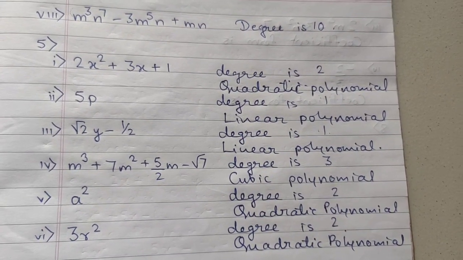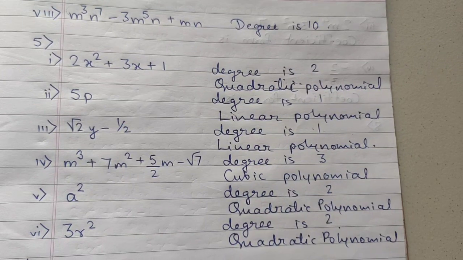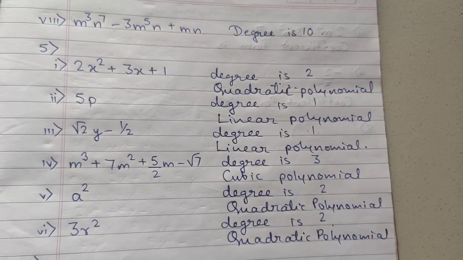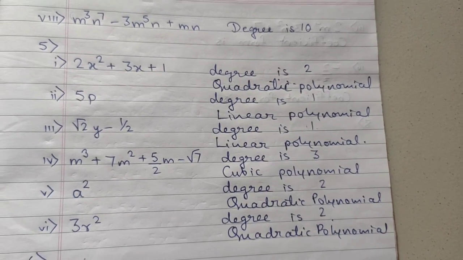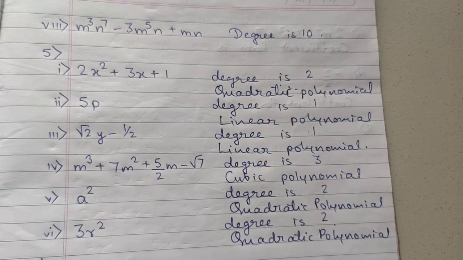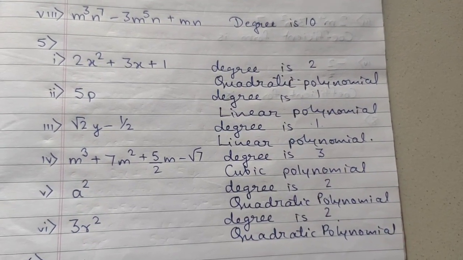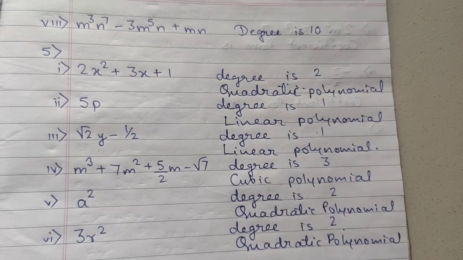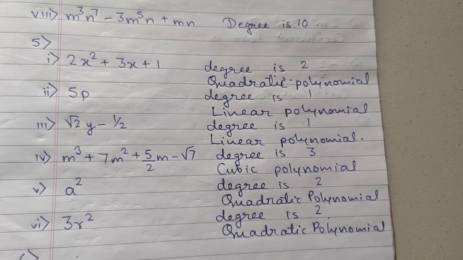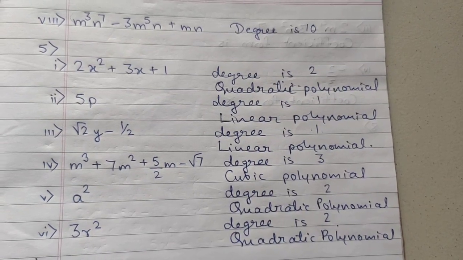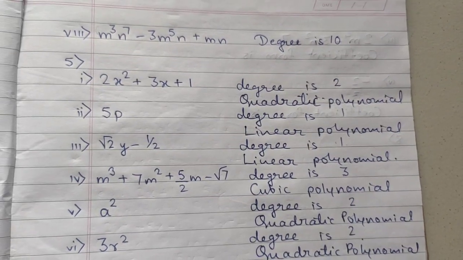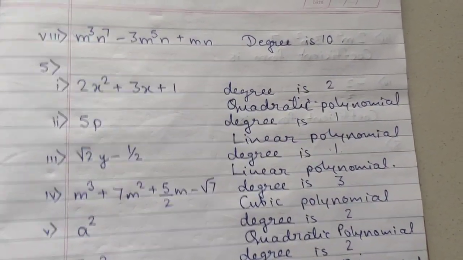Okay, so that's it for today. I am stopping for today. In the next class we will complete this exercise. So in today's class, we have learned what is a polynomial and how to identify a polynomial. Then we have learned monomial, binomial, and trinomial. Then after that we have seen how to write the degree and how to identify your degree. Okay, and after that we have learned what is linear, quadratic, and cubic. So these three topics we have covered here today.